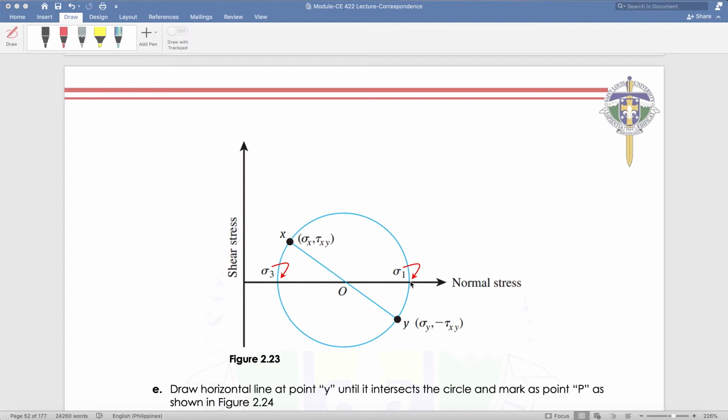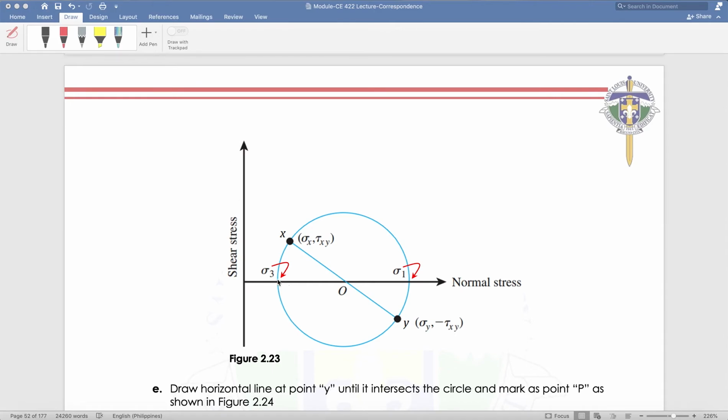Now the intersection between the normal stress axis and your circle farthest from the shear stress axis would be your maximum